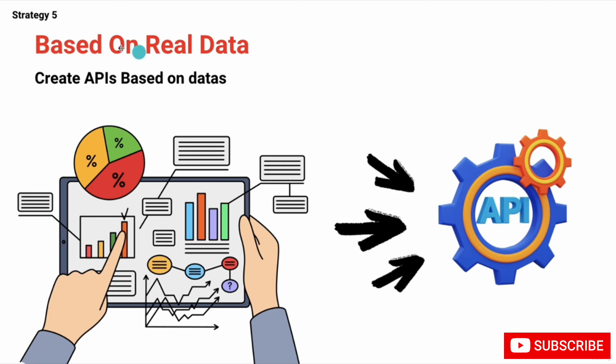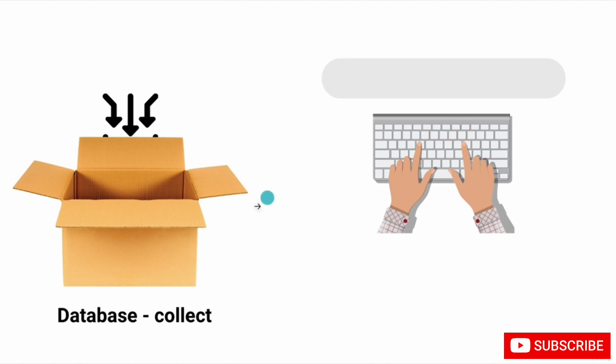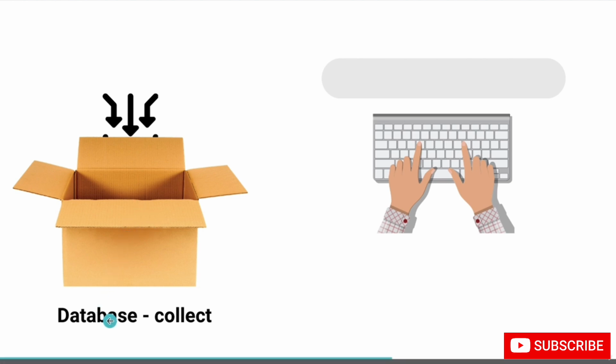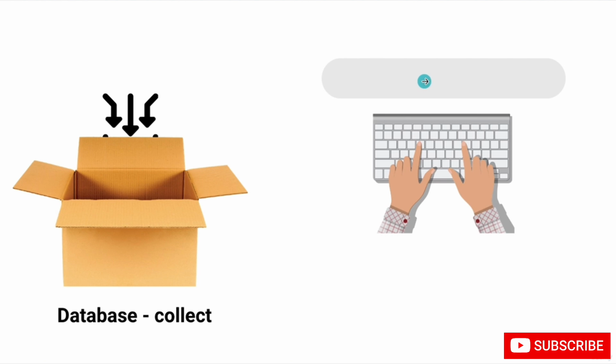So if we go ahead with strategy 5, here we have taught you that we are going to create APIs based on data. Okay, so what we are going to do is create one box, a box where we can store data. You can say it is like a database. Here we will collect the data, and whenever any person puts in an input, from this data which we have collected, the person who has typed the input will get the result according to that, right? So that is what we were going to create, with a very simple and basic example.